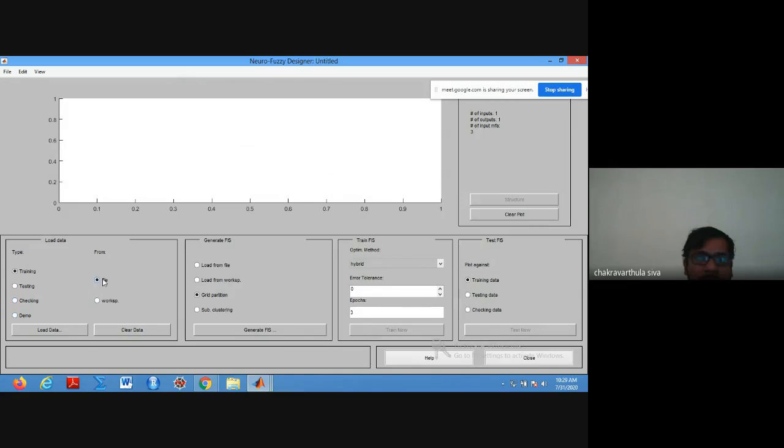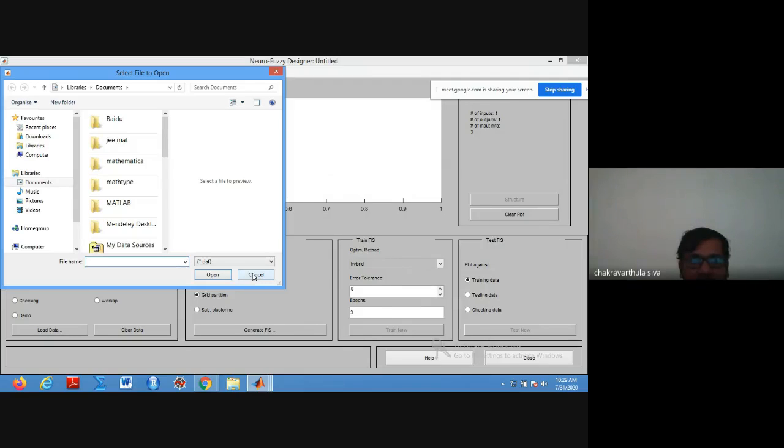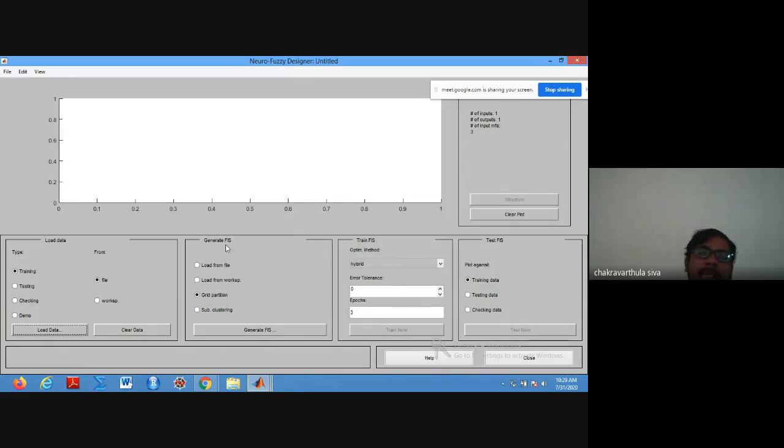Let us try with the file. Otherwise, you have to take the data from the workspace, in the sense of the MATLAB workspace, whatever we have generated previously just now. We also have other options, like Generate FIS.